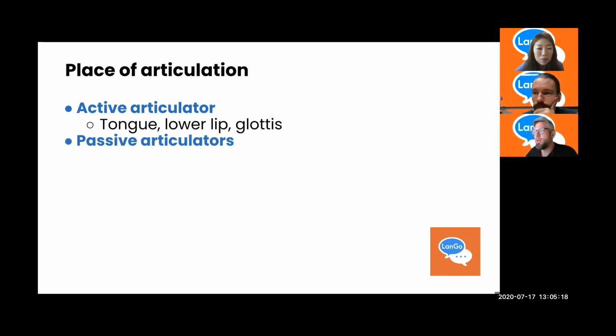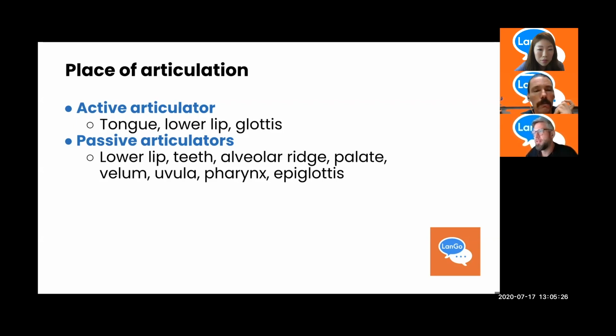Okay, so back to the passive articulators. These are the ones that are acted against, and the first one should be upper lip. Oh, it can be lower lip too, actually. It could be a lip. We're going to say it's the upper lip for today because we're going to just deal with these kinds of sounds. Then teeth and the alveolar ridge.